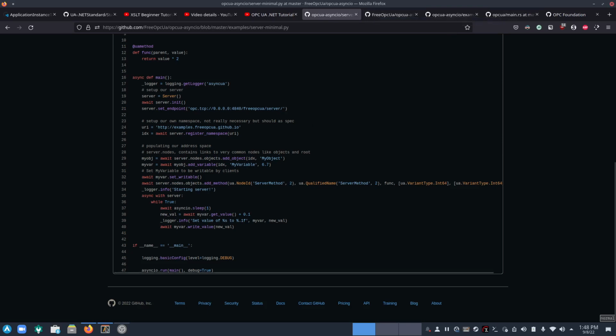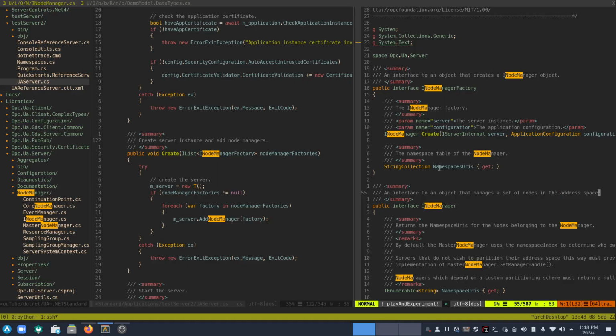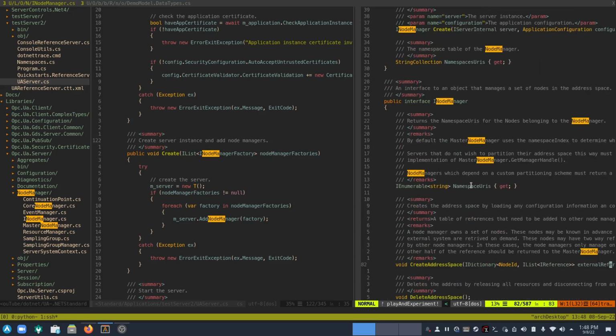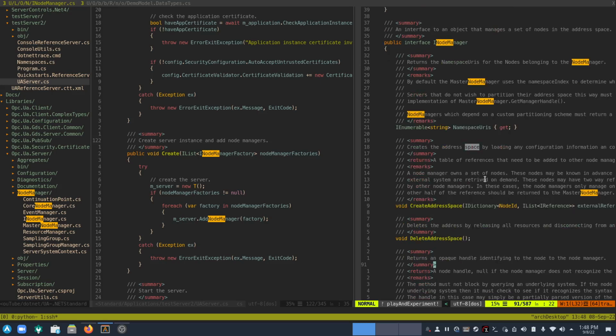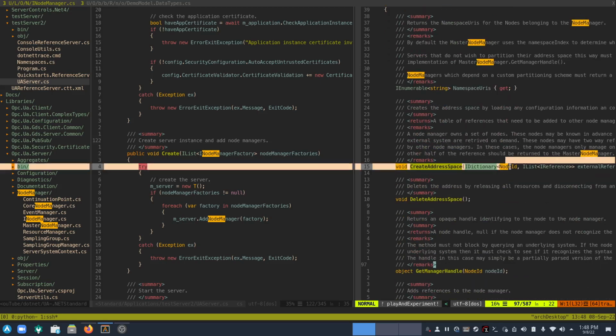All right, so in Python, you interact with the nodes directly. If you try interacting with the nodes directly, you will get in trouble in C#. Because you see node managers here, they have some namespace URIs. They manage a set of nodes. So the nodes, I don't even see node objects here. You just manage a string of namespace URIs, and